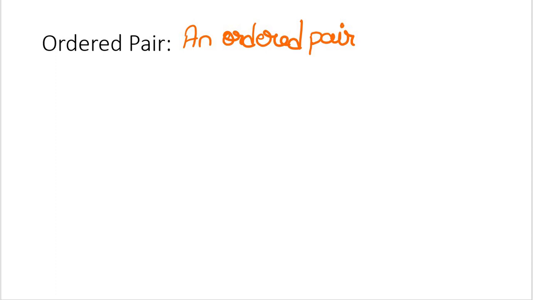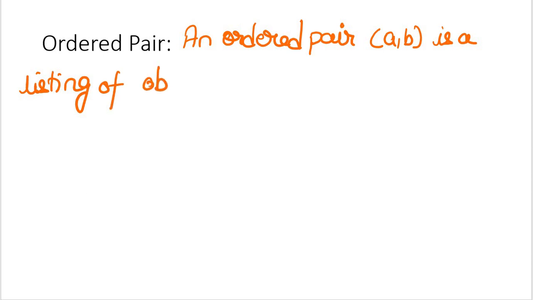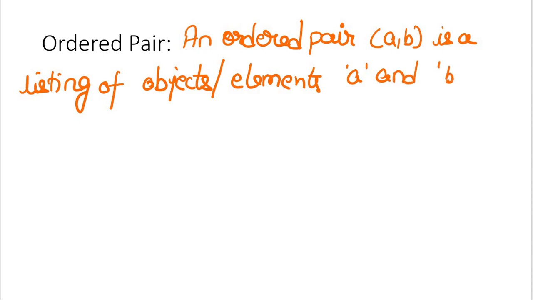An ordered pair, let's say a comma b, is a listing of objects, or we can also say elements, a and b, in a prescribed order,